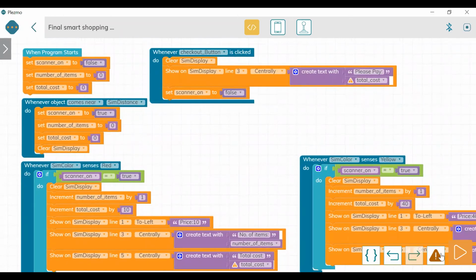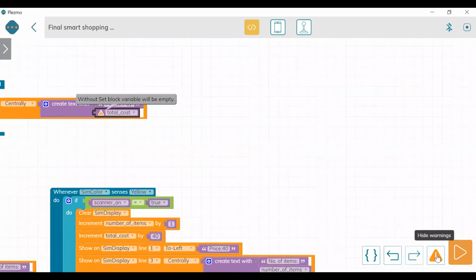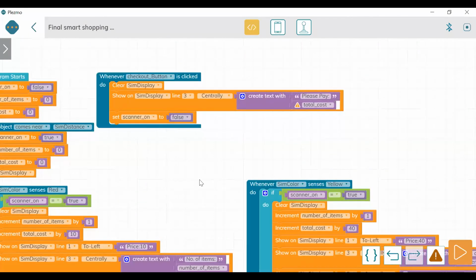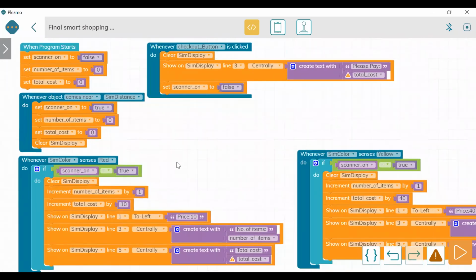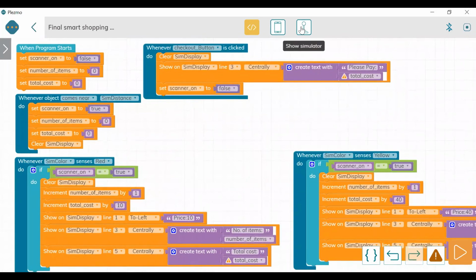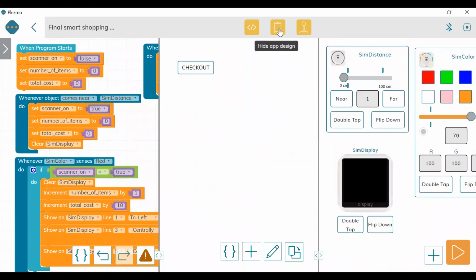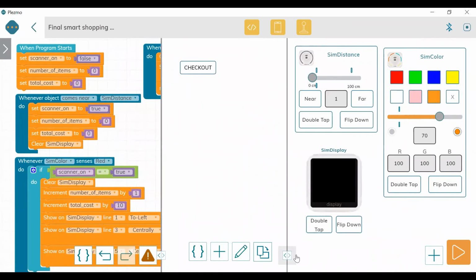Fine. Okay, so let us try it in the simulator. We are going to open the app design also, as we are going to use the checkout button. So I'm reducing the size of the app design. So let us start.